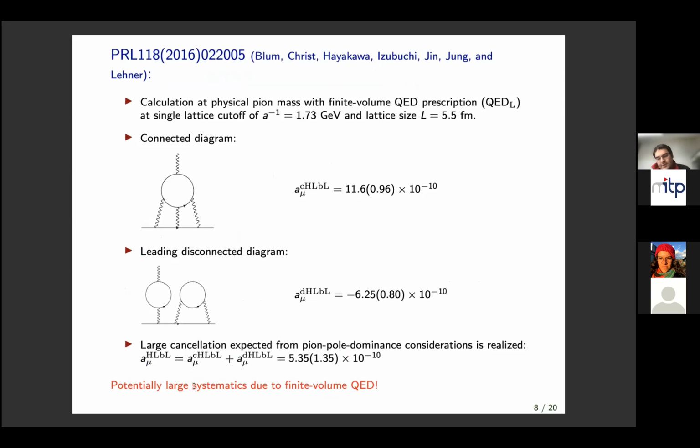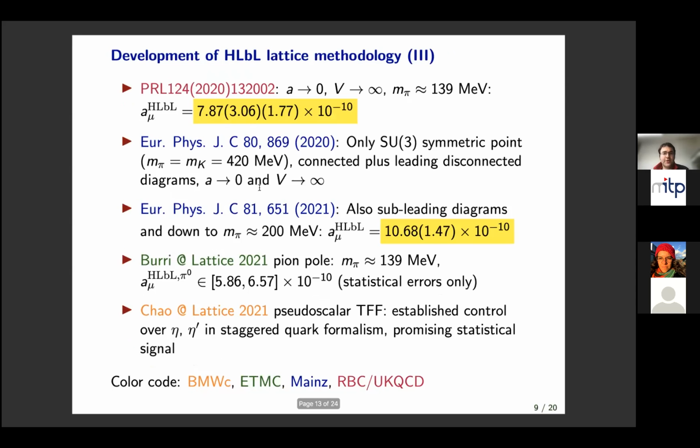And already the first studies illustrated that one should really worry about potentially large systematic finite volume effects in QED. So at that point, this was the focus after 2016 of the RBC UKQCD collaboration. So in 2020, not too long ago, we finally completed our work. This was just in time for the white paper. And this result here was then averaged with the dispersive results, and of course informed by other theory, including things like Dyson-Schwinger, that we were also reminded of this morning.